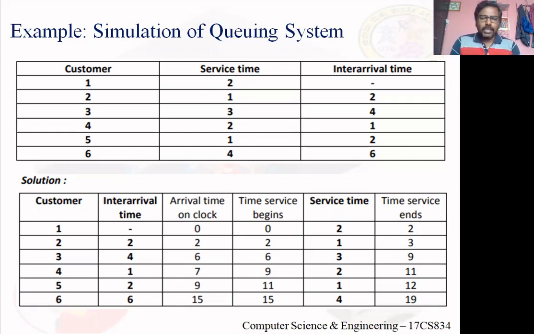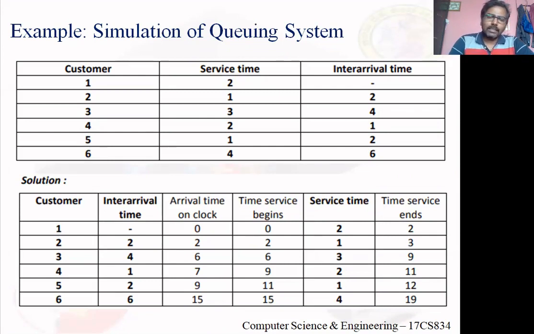Now I need to solve, right? The second table shows the solution, and I'll tell you how we constructed this second table. I repeat, now with the inputs in the first table, I'll tell you how to construct the second table. To make you easily understand, let my performance parameter be simple, say for example, to determine average service time or average waiting time. Okay, clear?